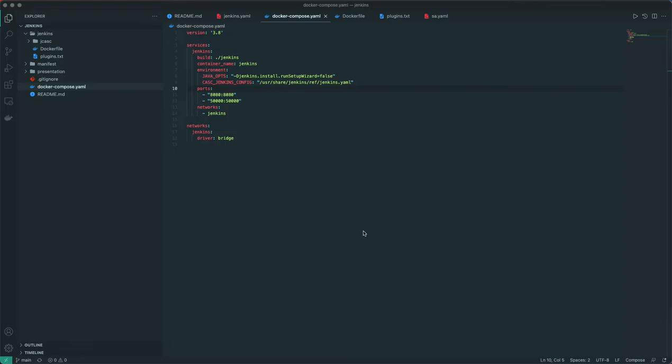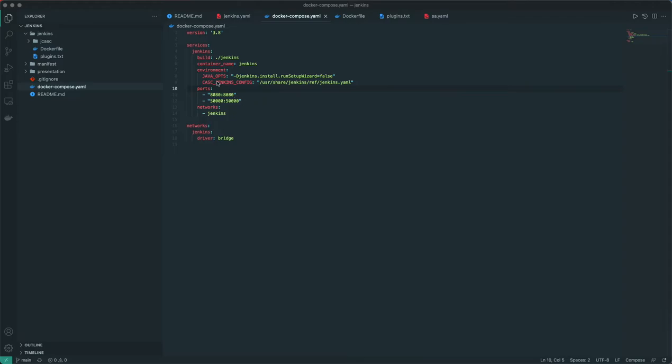Till our last video, we have set up the authentication and authorization, then we saw how the pod template is working. So the next step is to configure the shared library. First I will configure the basic shared library, see how it is working, and from there we'll develop our further shared library functions.